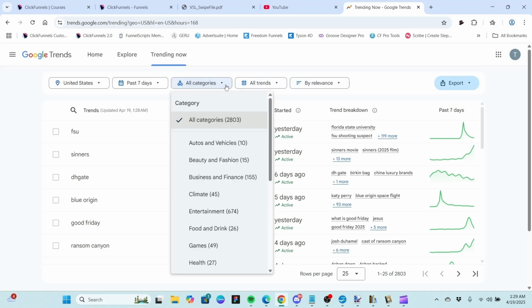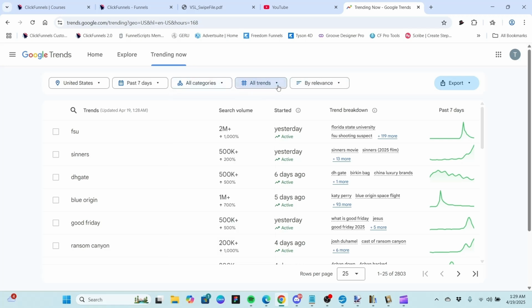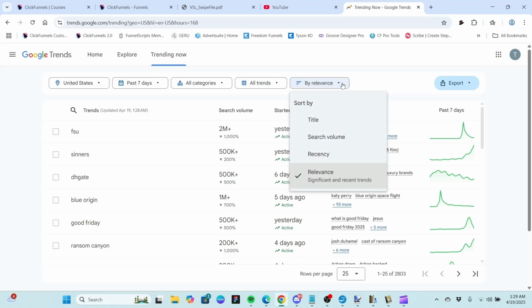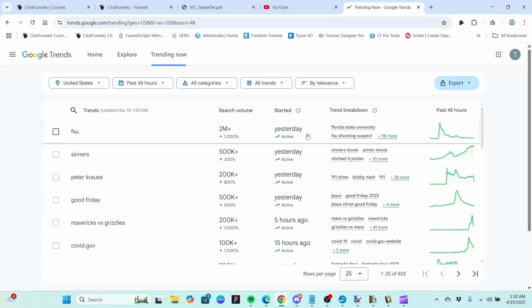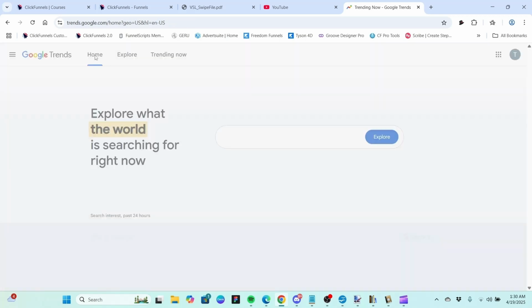And then you can filter by category. You only really have one choice on trends. Is you can turn the switch on and show active trends only. But you do have a couple of choices on this filter. But generally, this is what you want, is the time frame. And again, if we go to the past, let's say 48 hours, it's going to recalculate everything. And so this is a good way if you're trying to follow something that's recent in the news, or you're trying to find out what people are interested in right now, then the Trending Now section is pretty good for that. And then if we go back to the home section,